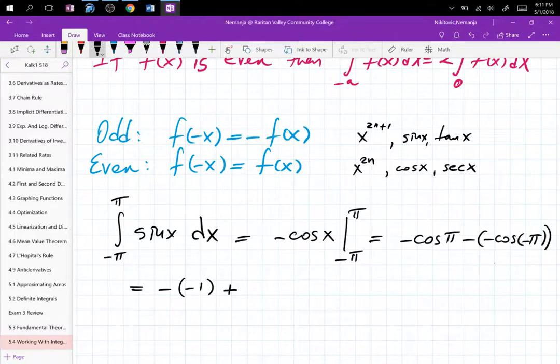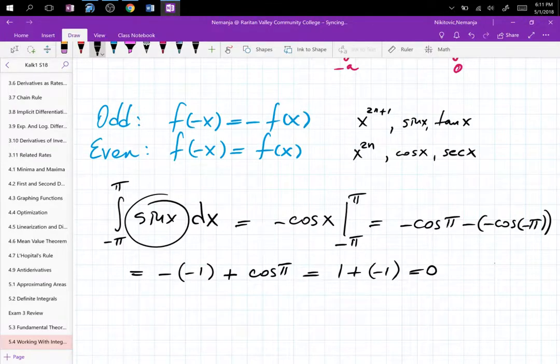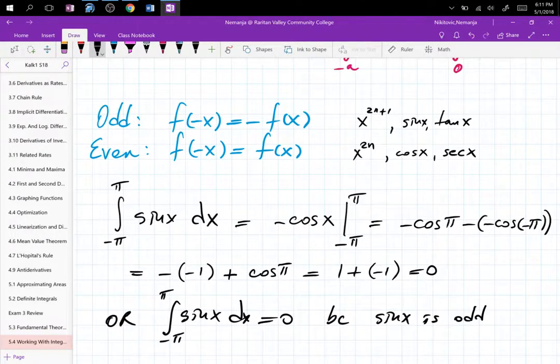And cosine of negative pi is the same as cosine of pi. That's the property of even functions. So now I have a 1 plus, and a cosine of negative pi is negative 1, and I get 0. Well, I could have just claimed that sine x is odd on the symmetric interval and written it equal to 0 right away. So the integral from negative pi to pi of sine x dx is equal to 0 because sine x is an odd function